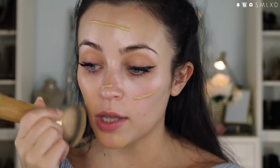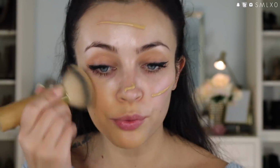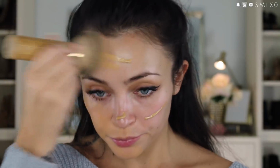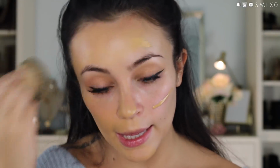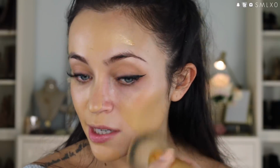I will say that there were a lot of shades. I don't know if it says exactly how many, but there are a ton of shades on the Sephora website, so you should be able to find your color. And my color for this is medium Y360. So the Y, I think, stands for yellow undertones. This is blending in really nicely. It definitely has a sunscreen kind of smell, but not super overpowering. It definitely has a medium coverage. It's definitely not full coverage. You can see a little bits of redness in my cheek still, but